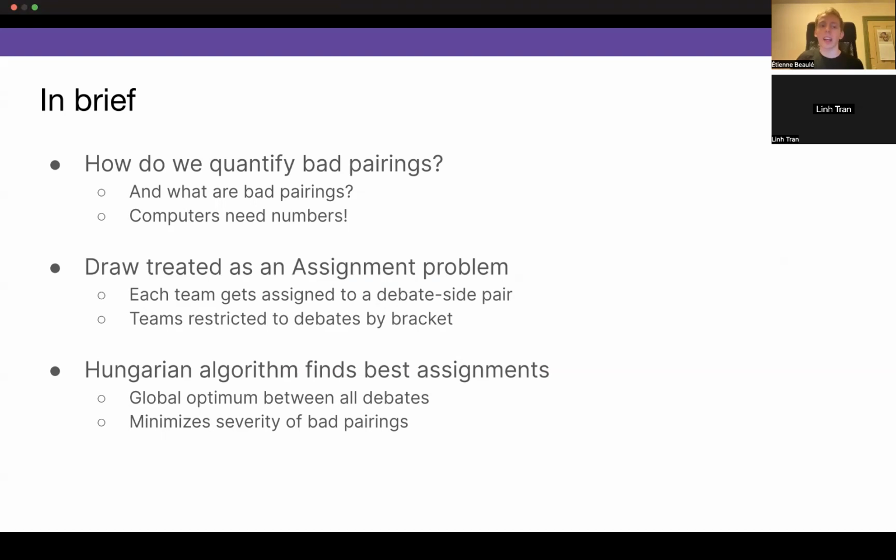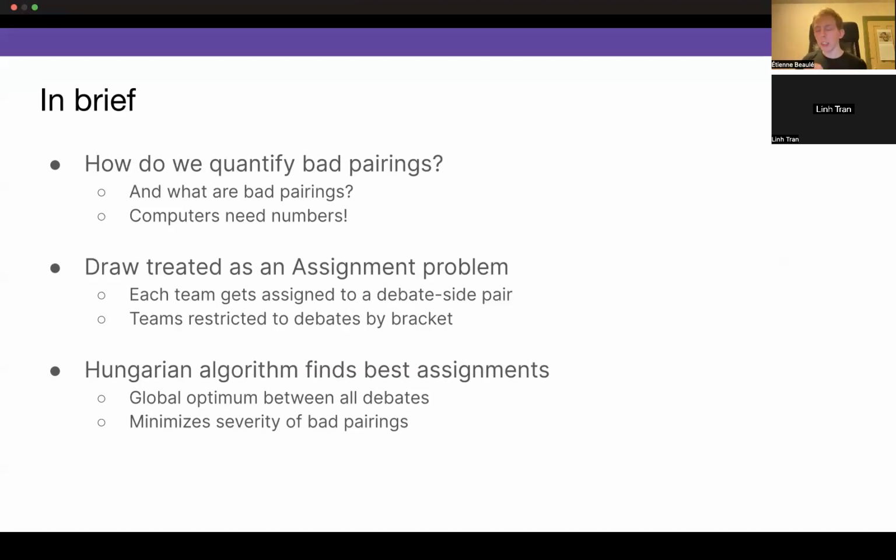Computers just need the numbers behind the pairings. With those numbers, we can determine the best position for each team, which bracket they should be in, and if they aren't in that bracket, how bad would it be? And secondly, how bad would the pairings be if they were allocated wrongly?